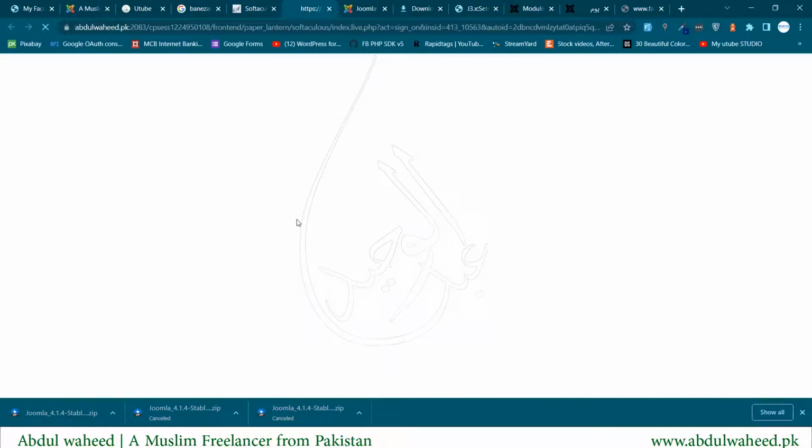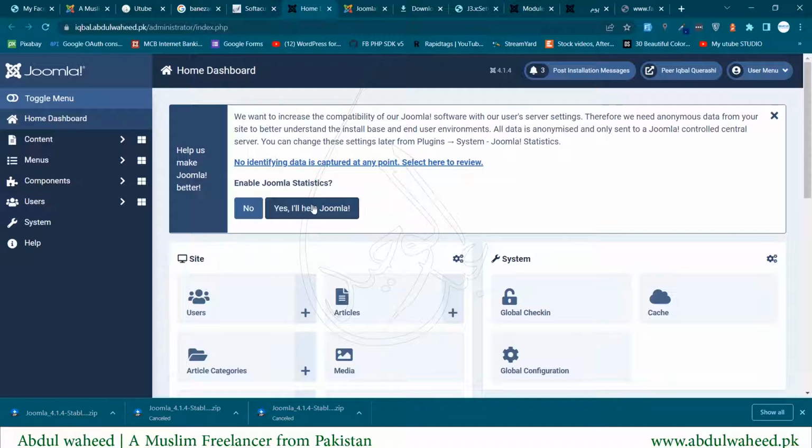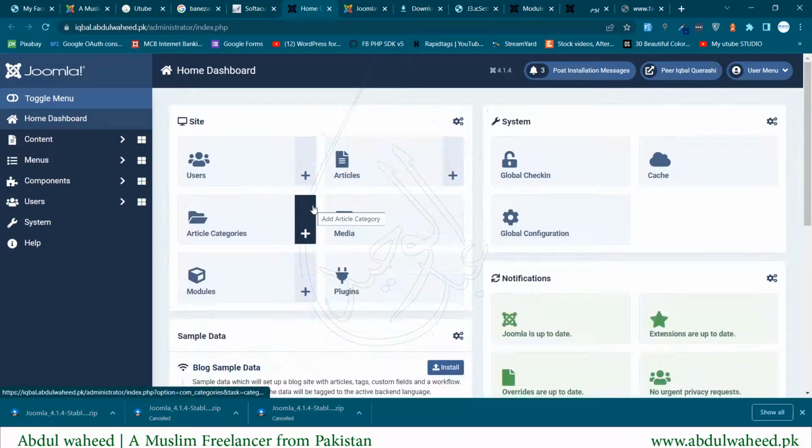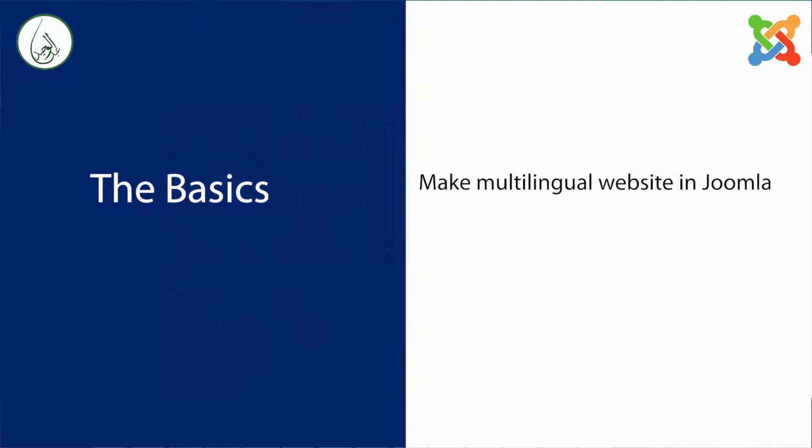It will auto log in, because I am going from the cPanel, so it knows the right user is going from the right path. Okay, this is the dashboard I told you about in the previous lesson. Joomla is installed successfully on your live server, and in the next step you will learn how to make your website